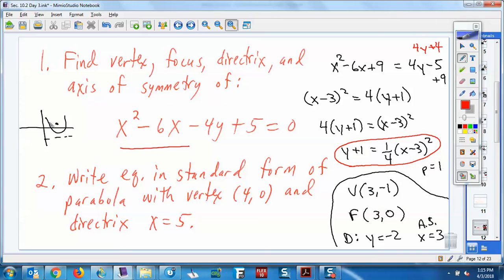So that means if (3, -1) is my vertex, I'm going to go up 1, so my focus is going to be right there at (3, 0). I'm going to go down 1, that'd be y equals -2. My axis of symmetry goes right to there, which would be x equals 3. For number 2,